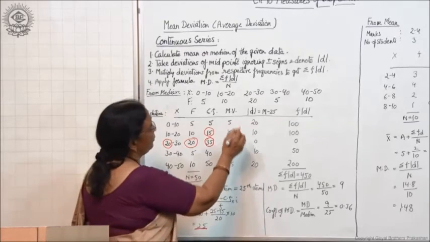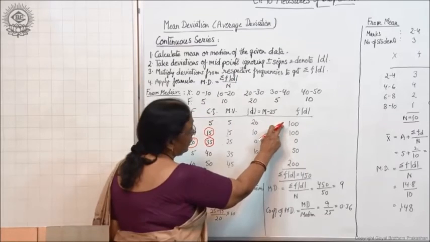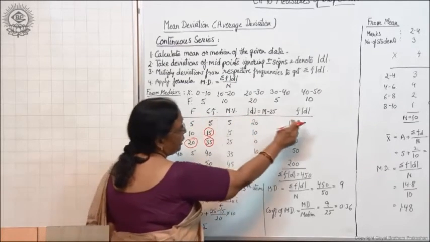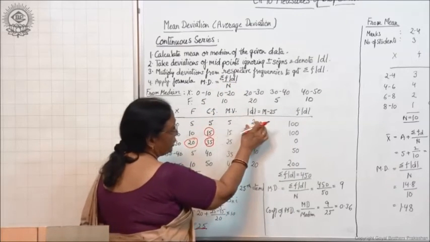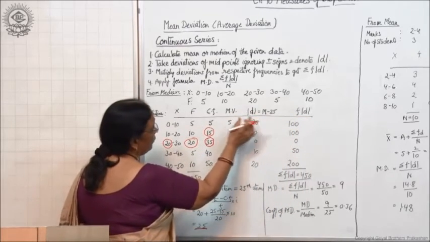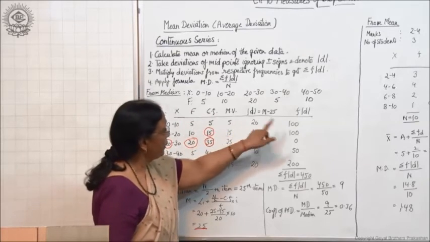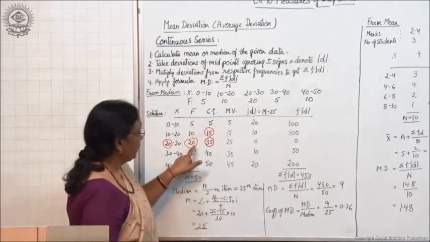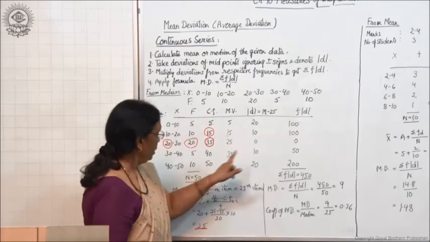Now, next step, because you need FD mod, you will multiply the D column with frequency, then you get FD mod. You need FD here, and to get FD, you have to multiply the D column with F. So 5 into 20 is 100, 10 into 10 is 100, 20 into 0 is 0, 5 into 10 is 50, 10 into